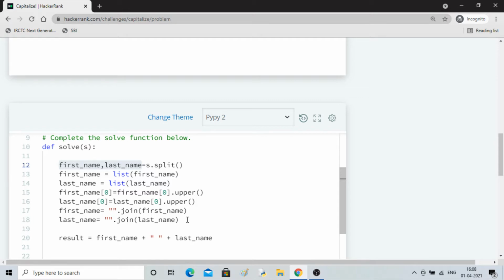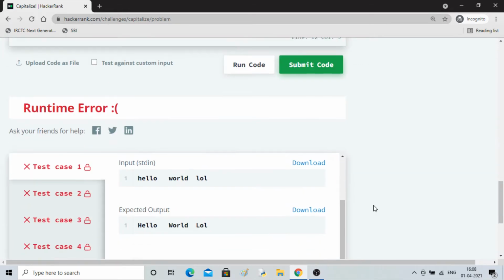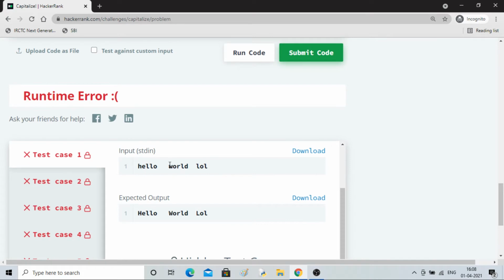So the logic I'll build is, first guy I'll specifically capitalize. If it is an alphabet, it will capitalize, if it is a digit, it will leave as it is. Then wherever the space is, I'll check for that, and I'll check whether there is a character next to it.